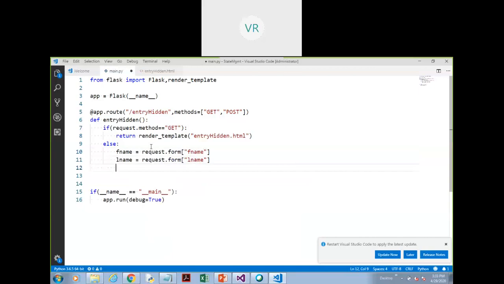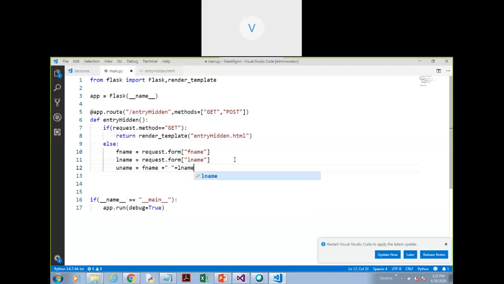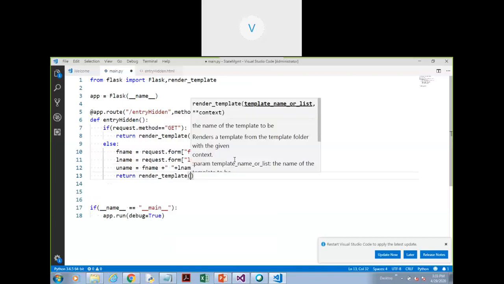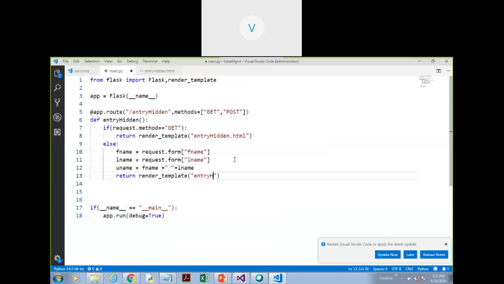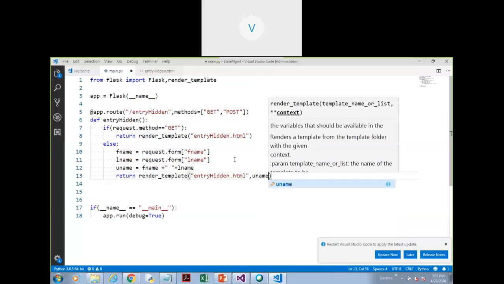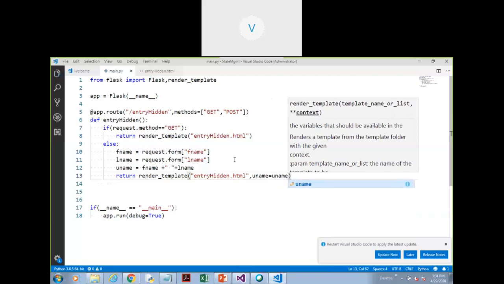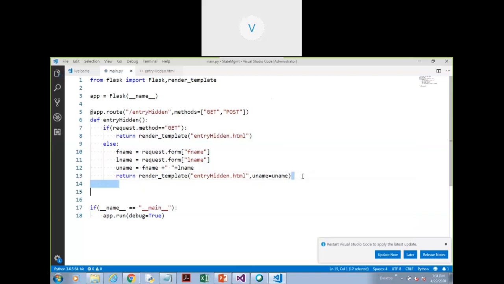So here we have accepted the f name and L name, and after that I wanted to send this information back to this form. ये जो हमने नया नाम जनरेट किया है ना, so I'll write here uname is equal to, let me have the basic concatenation. So let's have a space here and Lname. So now I'll say return, and again I'll say render template, same page, entry hidden dot html, and then I will write uname is equal to uname. We are passing the data using this technique. So let's run this page.